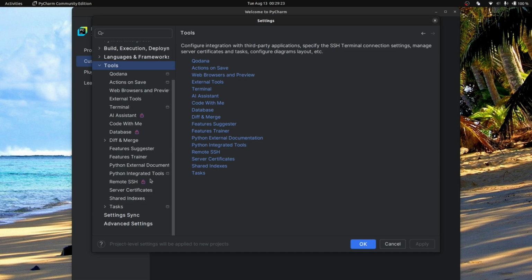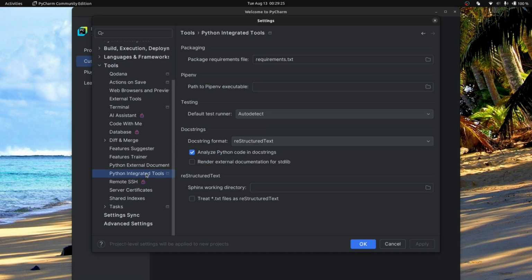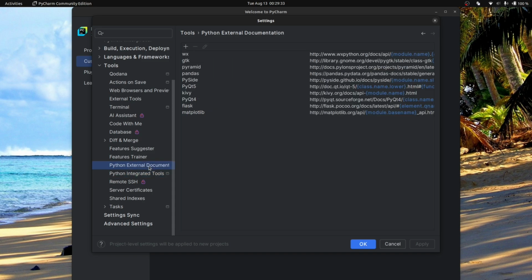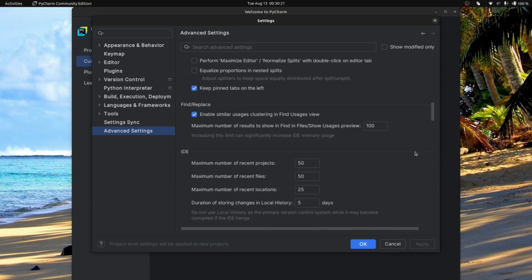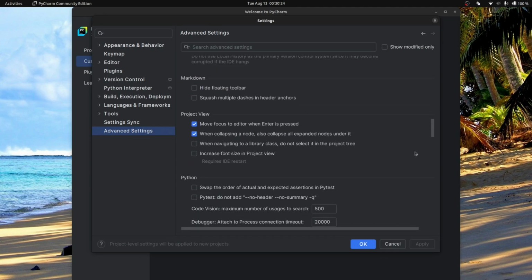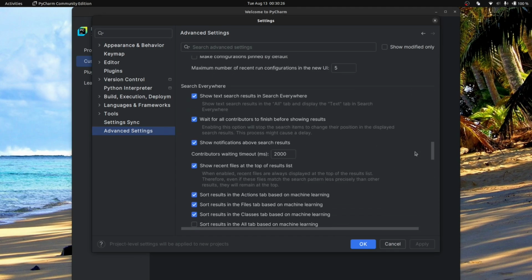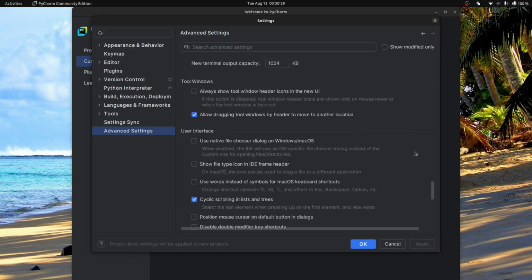Some tools available, for example Python integrated tools or Python external documents. External libraries such as matplotlib, Flask, pandas, and so on. Some advanced settings, but actually you won't have to change anything here for the basic use of